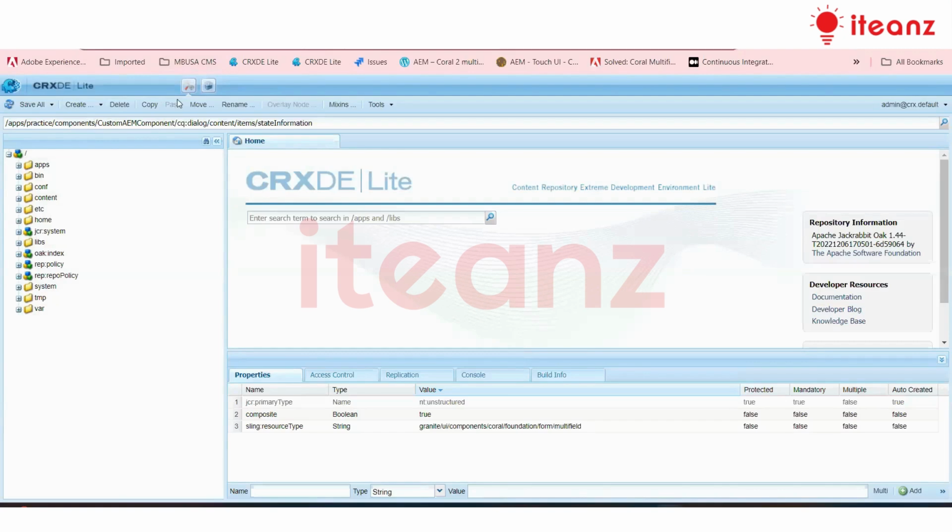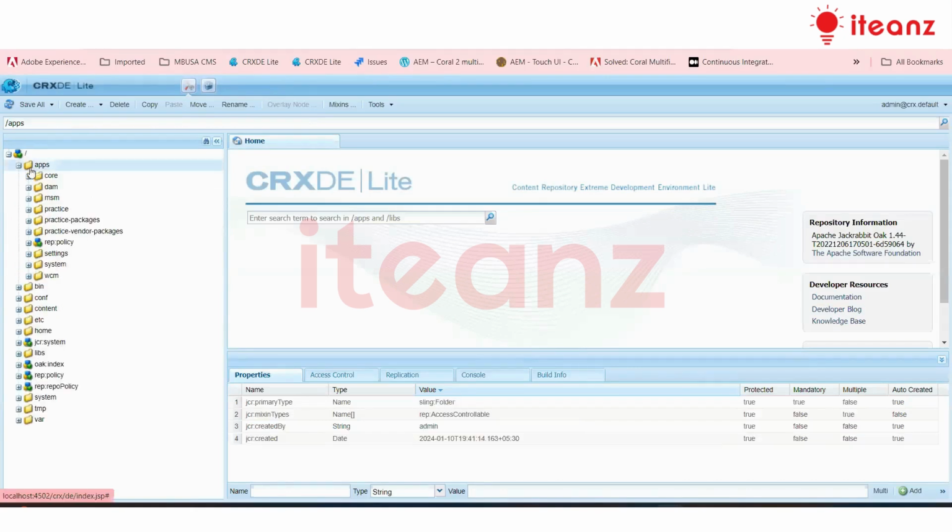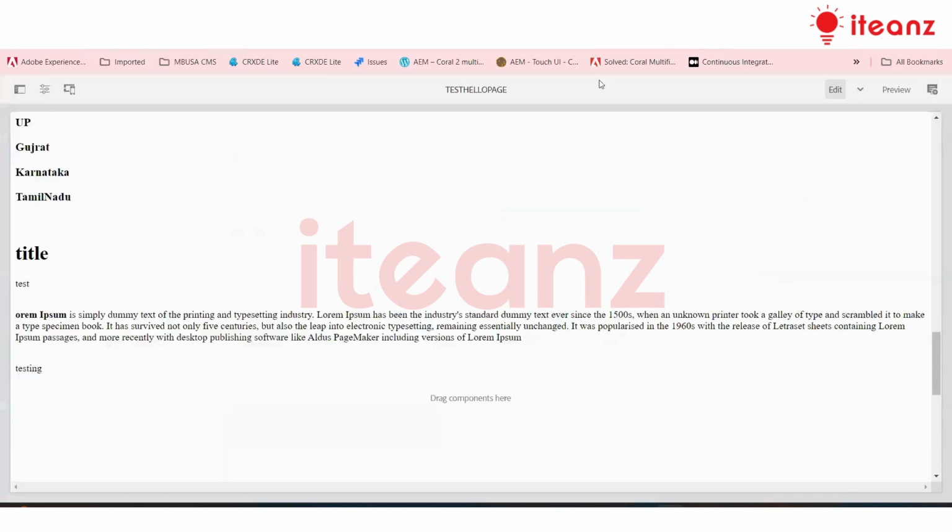So here we have different folders, as you can see, right? Within the apps folder, everyone, we are going to discuss the front end as well as back end work, both things. So the front end work, like if you wanted to create any kind of component, whatever you are able to see within the page,